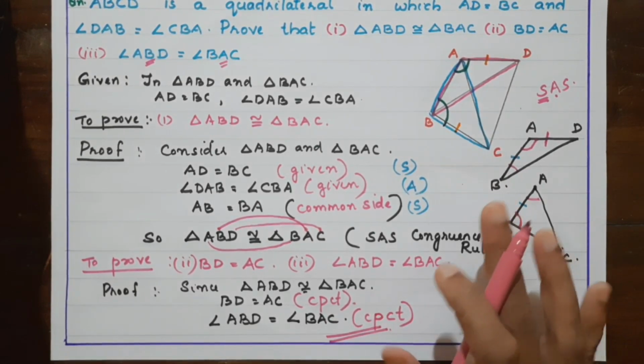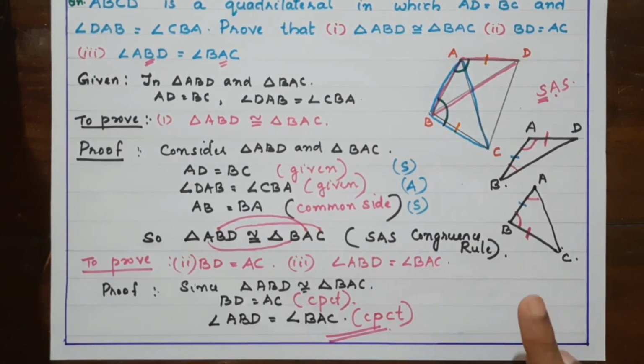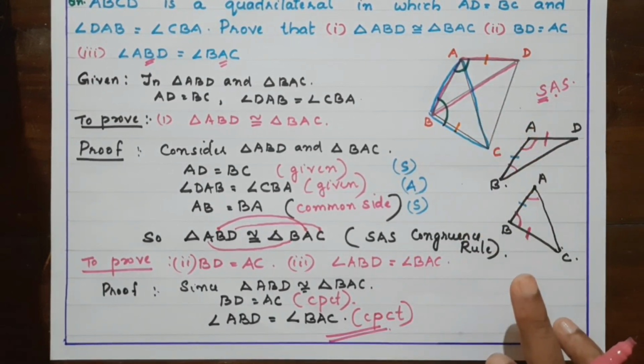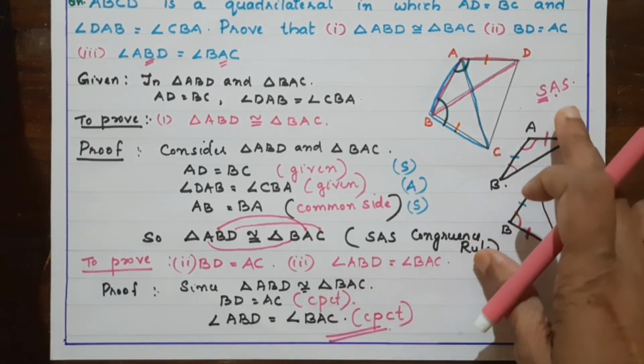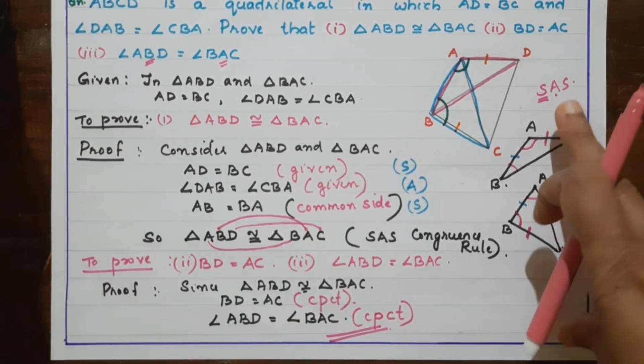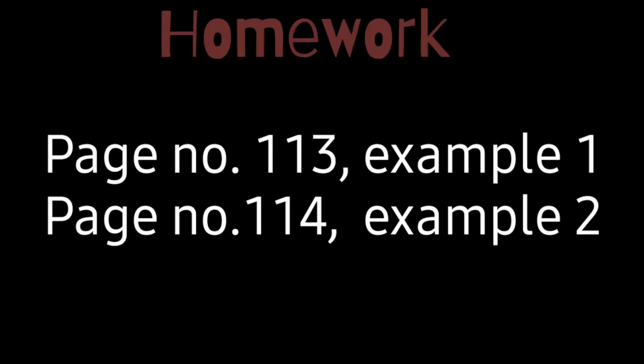When you get a question, after studying all the congruency rules, you can use any one which is easy for proving the congruency. Okay. Now we have discussed only one congruency rule, so it will be easy for you to check this congruency. Here I am giving 2 example questions as homework. After writing the question, you have to do it yourself. After writing the answer, you can verify whether it is correct or not from the textbook.